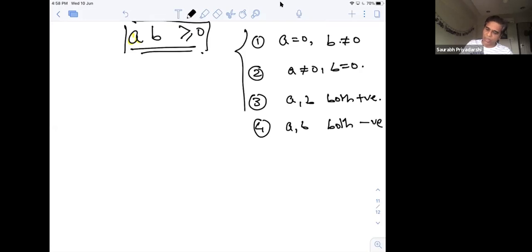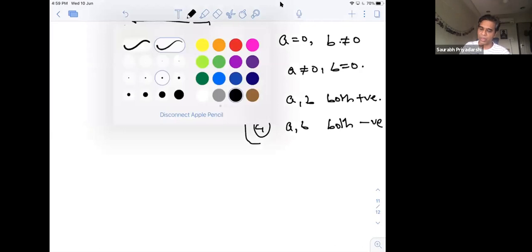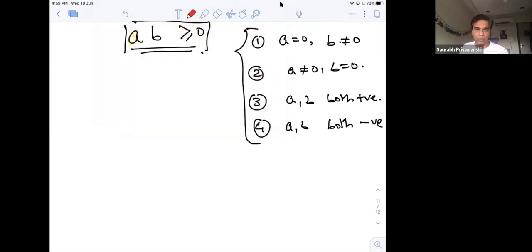मतलब ये चार बातें आ जाती है केवल एक स्टेटमेंट मेरे पास गिवन है a into b greater than or equal to 0 के लिए, right? हो सकता है a will be 0, हो सकता है b will be 0, हो सकता है a and b जो दोनों मेरे पास क्वांटिटी गिवन है ये दोनों के दोनों पॉजिटिव हो जाए या हो सकता है दोनों हमारे पास नेगेटिव हो जाए, right? ये like अब ये चारों कंडीशंस को हमें एक साथ में यूज करने होते हैं। ये यूज करने का तरीका क्या हो,